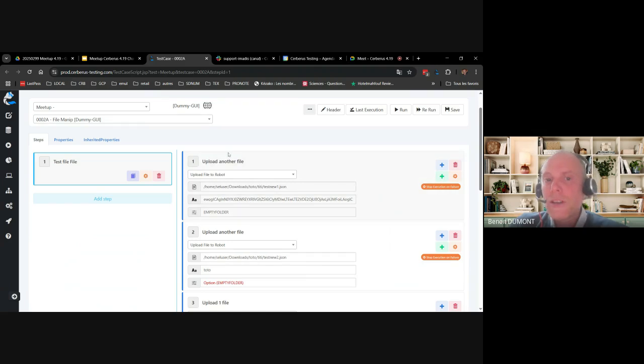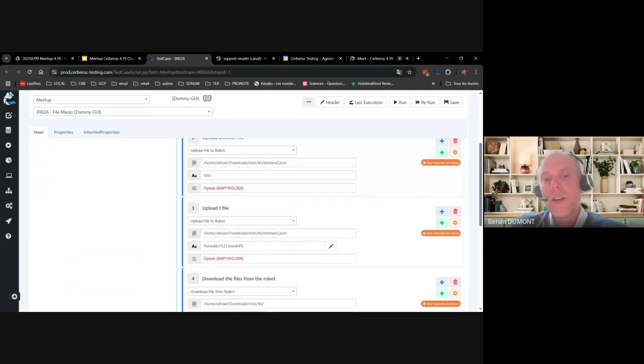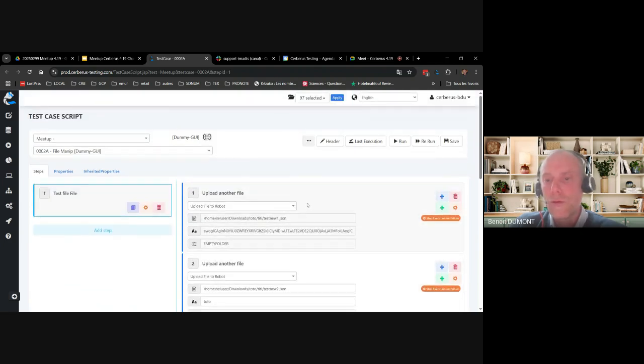So basically, that test case uploads and downloads a file directly on the robot side. Before, in order to make a file available from the browser, you still need to create an action in order to upload the file, and that action is upload file to robot.